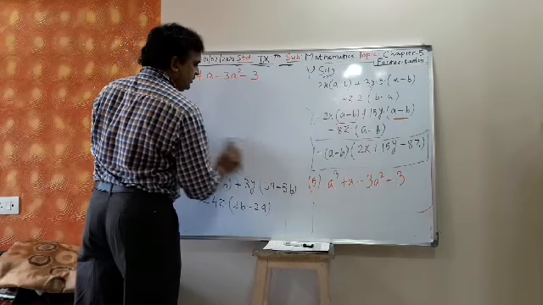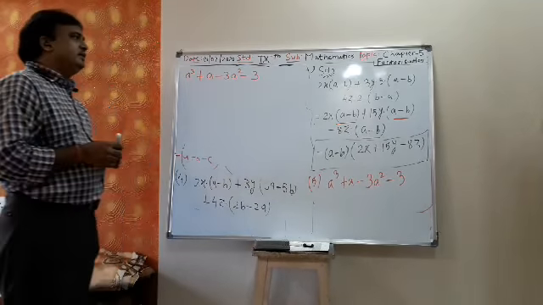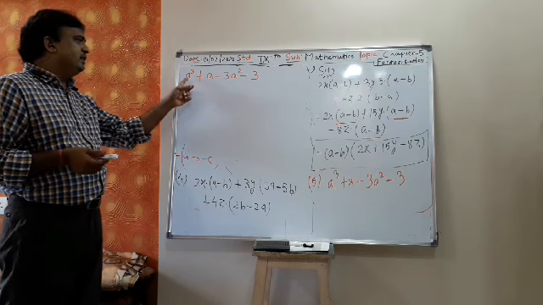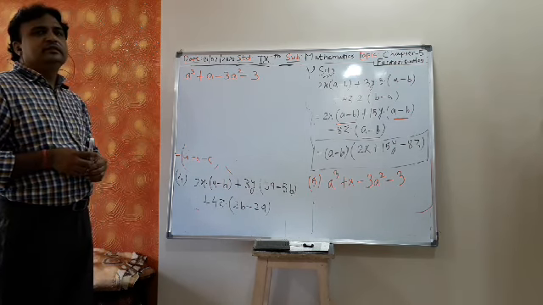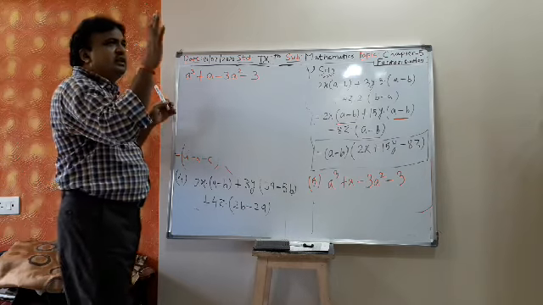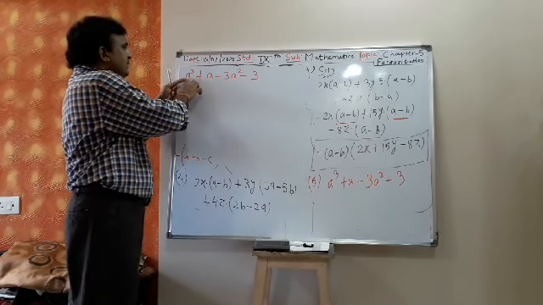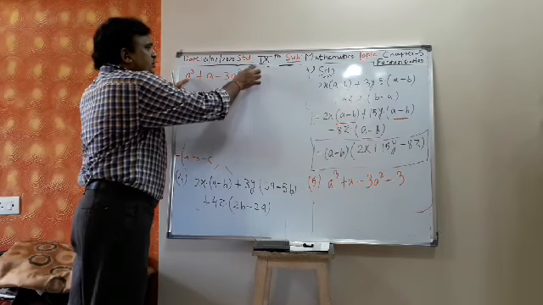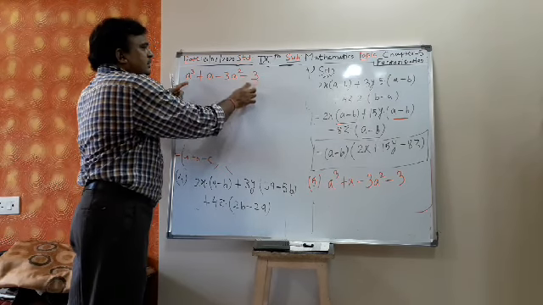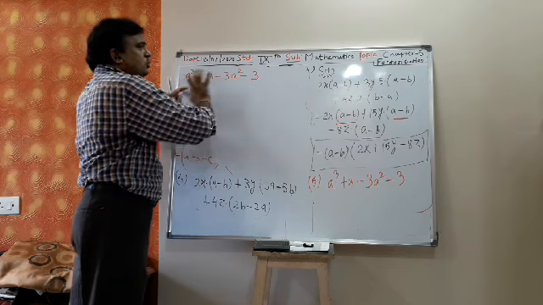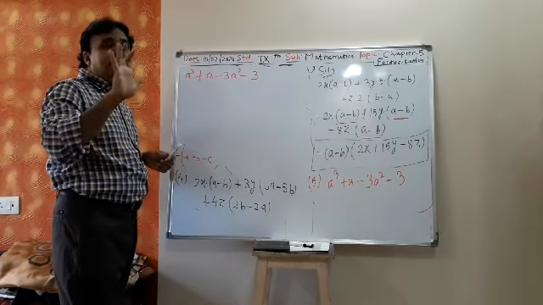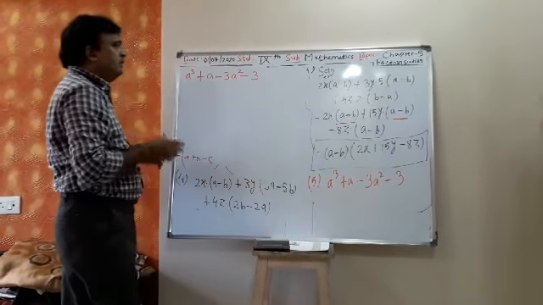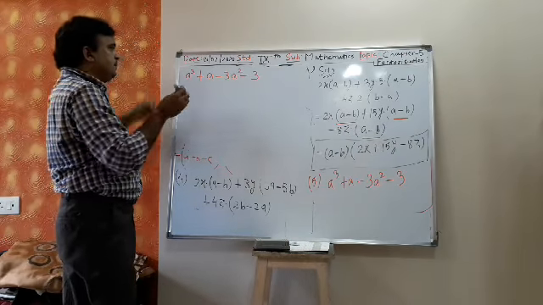Now tell me, is there any common factor? Apply the first method. See here, there is no common factor because a is there in the first terms, but there is no a in the last term. So the common factor method fails. Then we have to do the grouping.